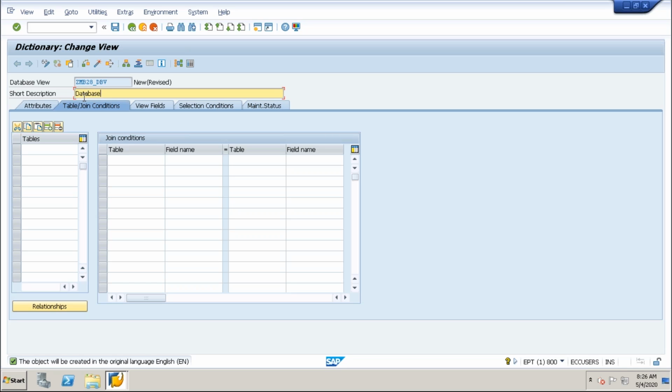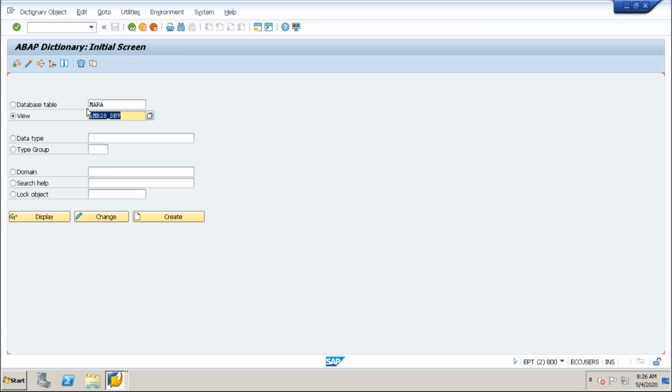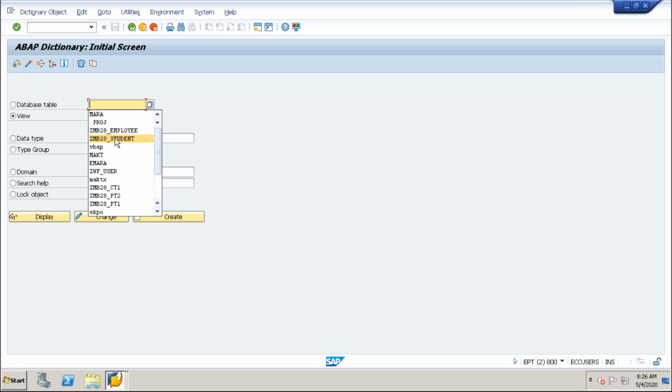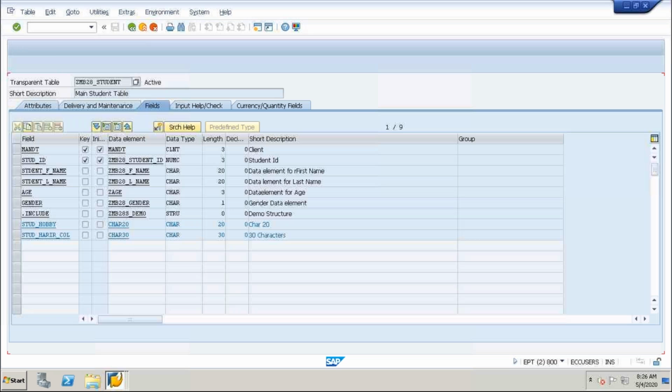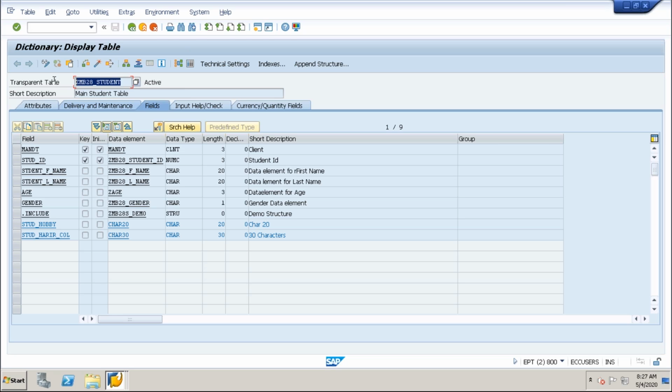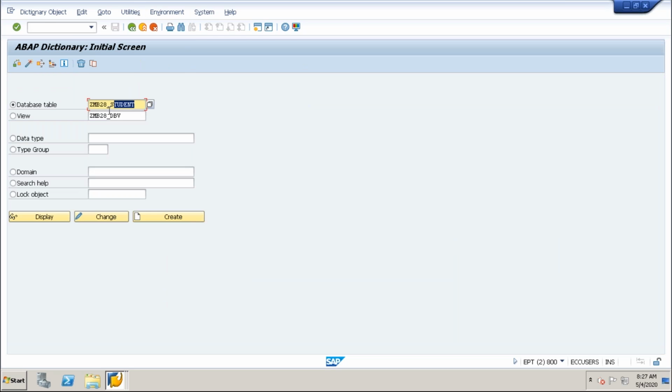Database view demo, and for the table, you can choose some table over here. The table which we have created, that table itself we can choose. Maybe I can take the student table, ZMBA student. This is one table, and I've also created one mobile number table. If you want to see whatever we have created, type ZMB28